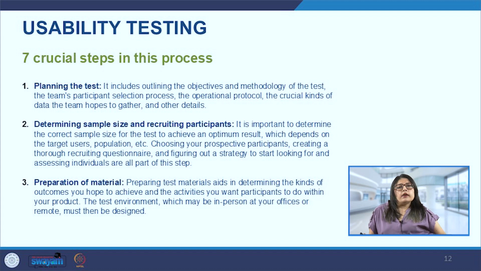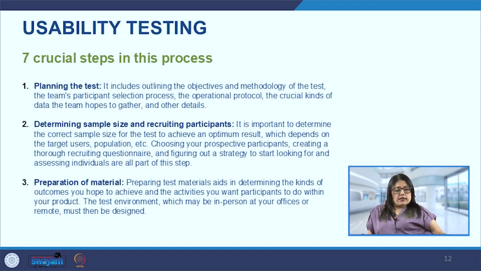There are various ways in which we can select them. One, for example, is snowball sampling. So which method of sampling are we using? How are we selecting these users, or are we using stratified sampling? All of these things we have to decide before we start conducting the test. And what will be the protocol? How will we be conducting this test? How much time will we give to the participant? Where will they be sitting? All of this planning and organization of the study, how we will be carrying it out, is done at this first stage, which is the planning of the test.